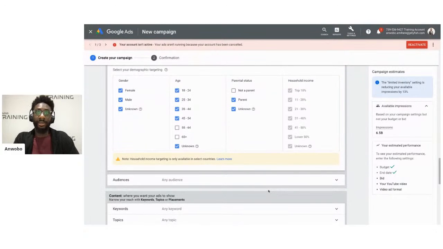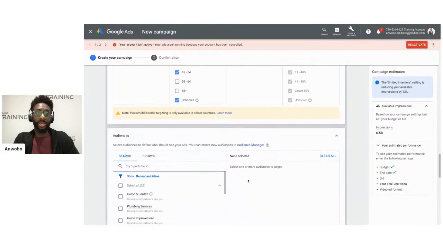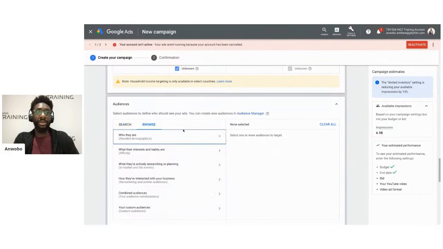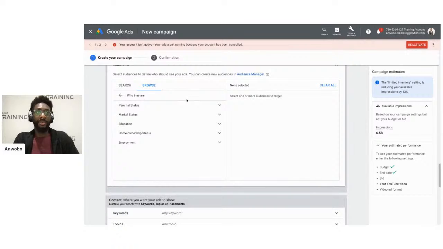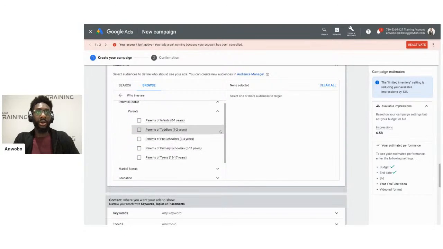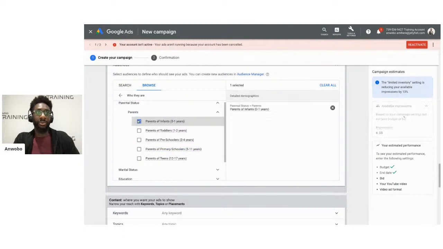I'm next going to go into audiences and start selecting audiences that maybe match the type of users I'm trying to target here. Let's have a look at detailed demographics, for example. And I'm going to look at parental status, people who are parents of, and we can see we've got the age ranges in there of 0 to 1, 1 to 2, 3 to 4, 5 to 11.